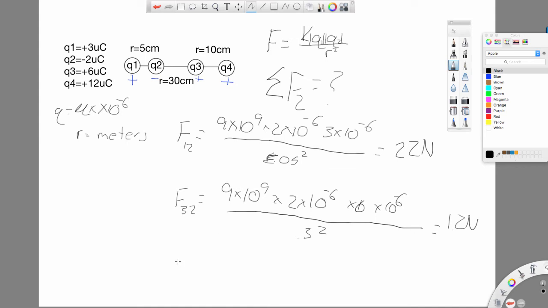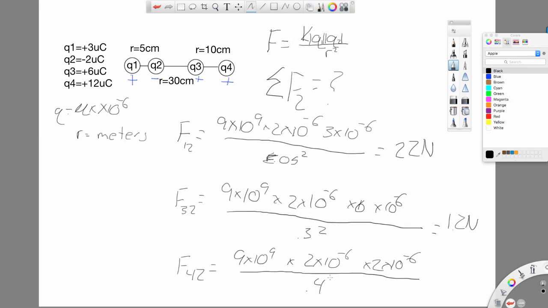And the last one, F4 on 2, equal to 9 times 10 to the 9th, times 2 times 10 to the negative 6th, times 12 times 10 to the negative 6th, all of that over